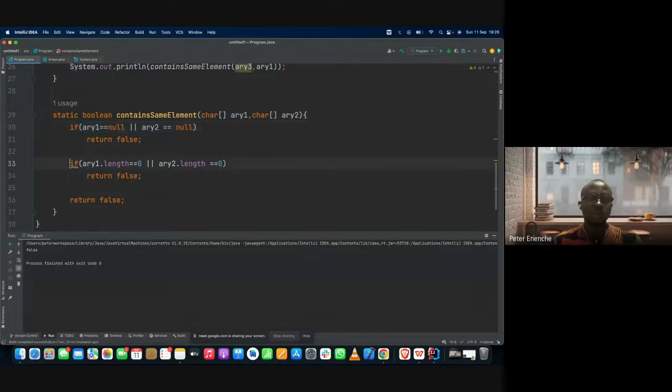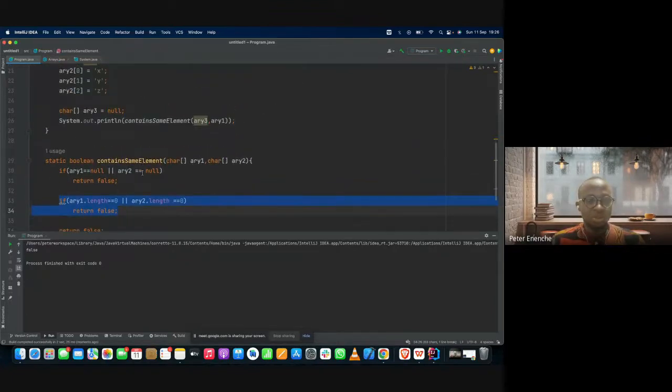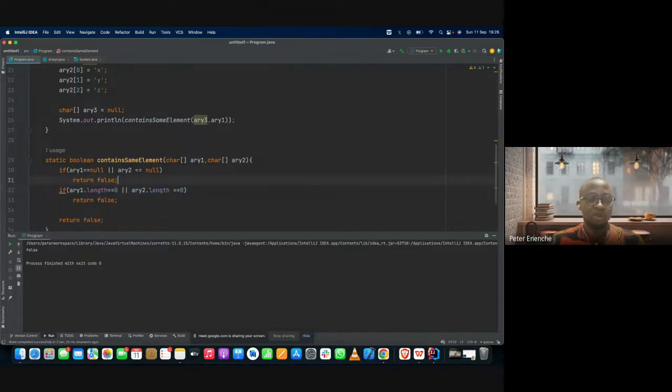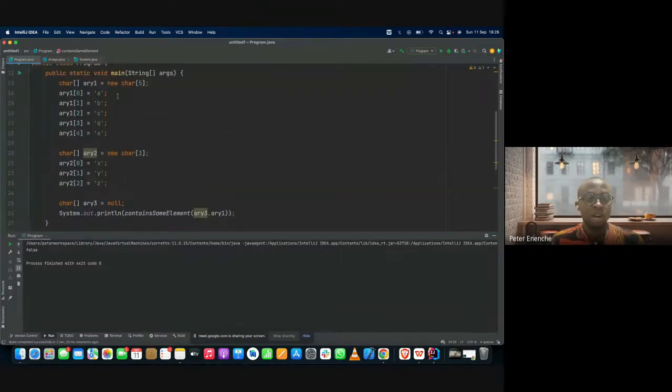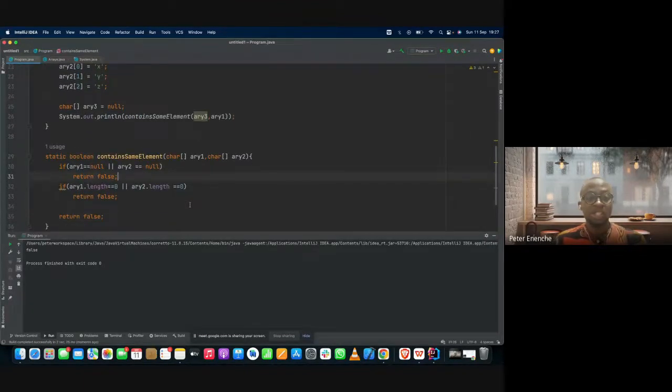Then you also have to capture for cases where the length is equal to 0, right? So that being said, let's go into the major implementation of the code right now. So we want to pass in these two arrays. So let's ignore array 3, pass array 2. So how do we do this? Basically, the first way to do it, the first ever way,